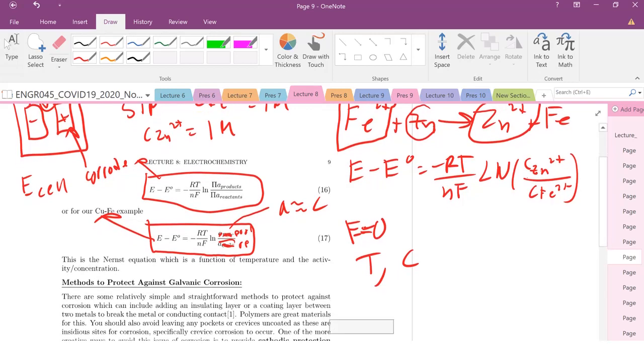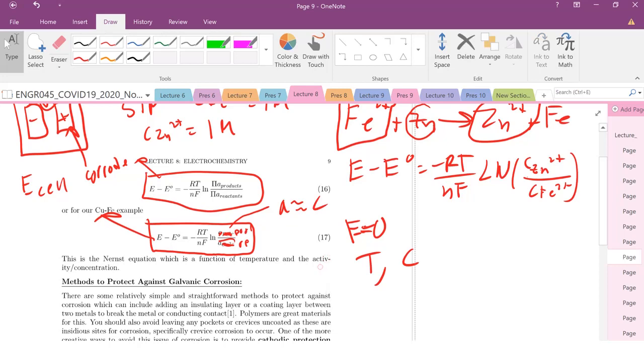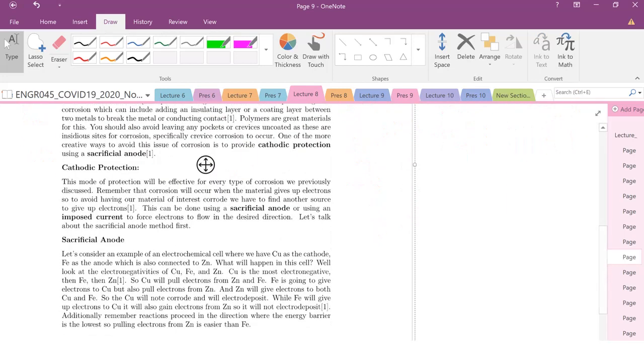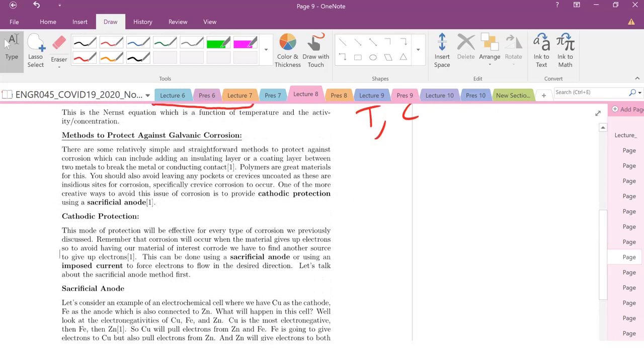Now, continuing this discussion of how we can change or shift what's going on, how can we change or shift what material is going to corrode, or how do we protect against a certain